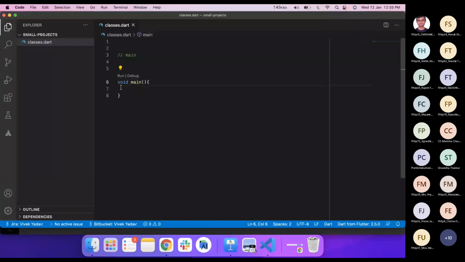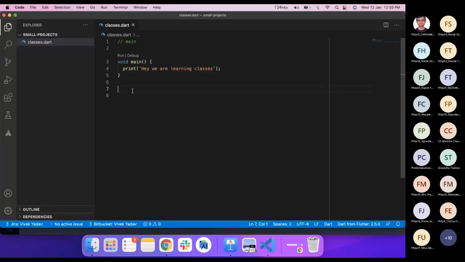If you don't write a return type, that's perfectly okay, but the recommendation is that you should always write a return type. So this is our main, and let's just print, "Hey, we are learning classes." Our main file is ready.